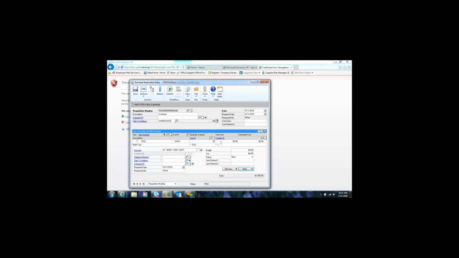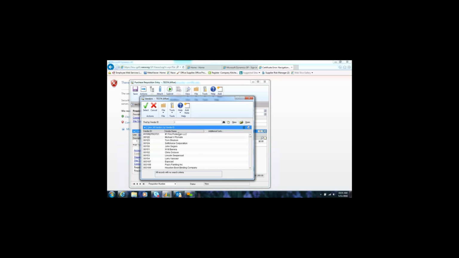For the vendor ID, if you select the magnifying glass to the right of it, you will be able to look up which vendor you're ordering from if you do not know their ID number. In this case, we're going to select a company we do the inventory through. First, to look up a name, you need to select vendor name. You have to select this first before you type in the field up here, or it will not register any names. So again, select vendor name, click on this, go to the bar,